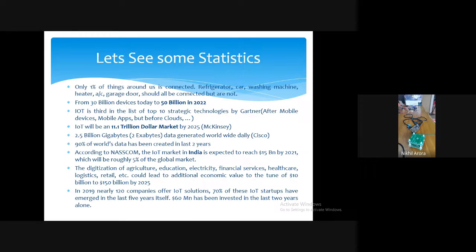There is no wastage of electricity, no wastage of any resources, no wastage of raw materials. So by helping the system become more digitized, a lot of wastage can be avoided, and this kind of thing will be done only with the help of IoT. Even in the last 5 years, if you see, 70% of companies have come with IoT concepts only.